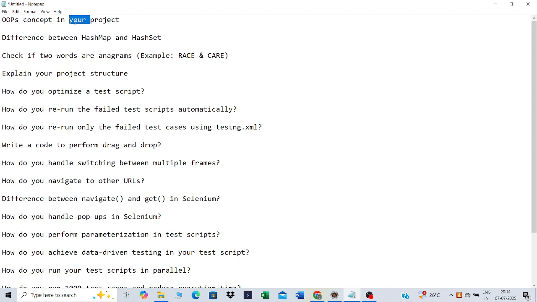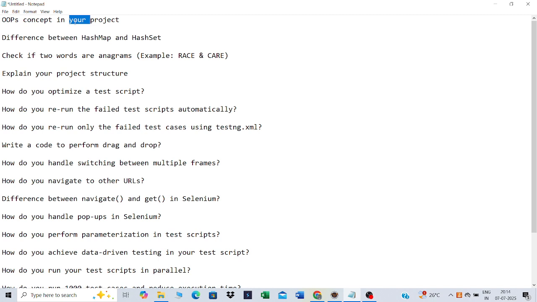Say for example, if there is an interface called Bank, there will be a method for interest rates. All the child classes, for example HDFC Bank, Canara Bank, SBI Bank or ICICI Bank, have to implement this interest rate method in their own classes according to their own bank interest rates. The concept will be like that.